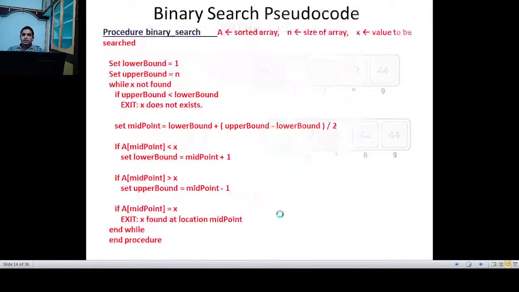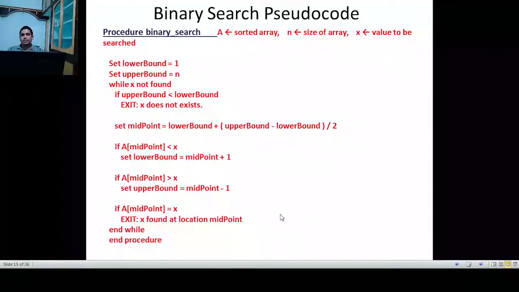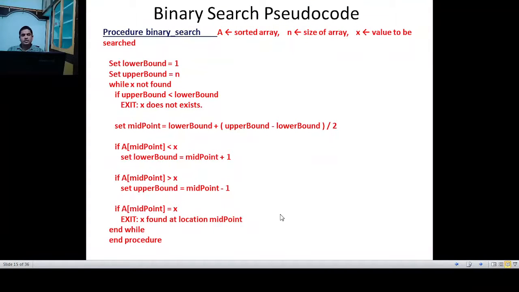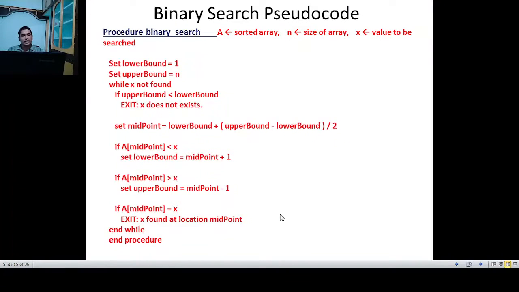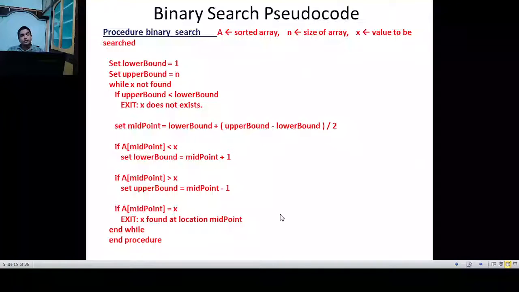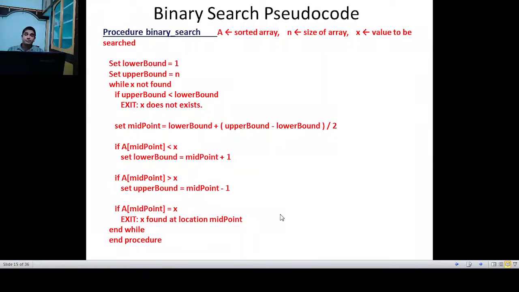Right? So you can take a snapshot here. This is a procedure, a pseudocode. Whatever we have discussed in our previous slides, the same thing is written here in the form of an algorithm, because while writing in an exam you need to write the pseudocode or algorithm to get good marks, right? So take a snapshot of this and try to understand the procedure.